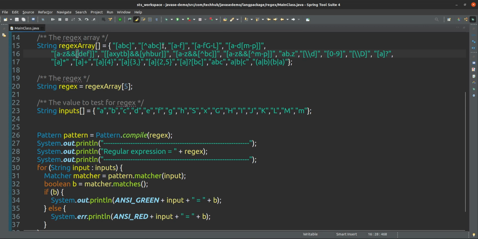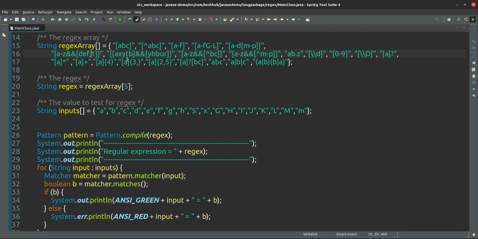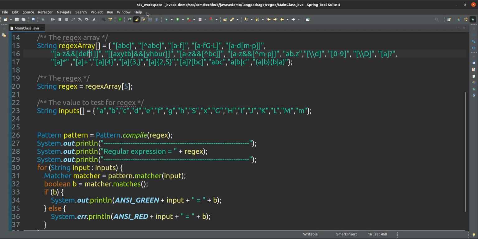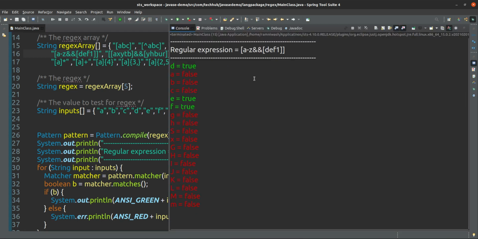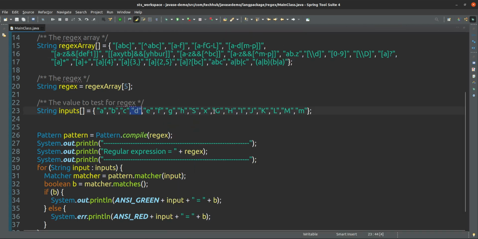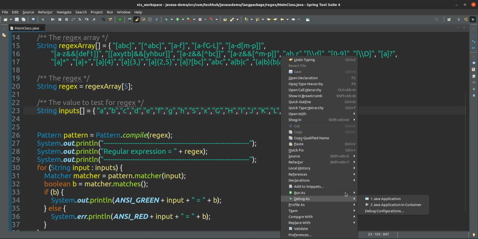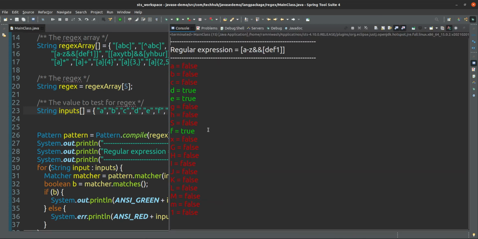If I give here DEF and 1, in that case DEF is coming, but what if I give here 1? It will not pass. Why will it not pass for 1? Because 1 is not within the range of A to Z. The intersection part is only what is common to both.